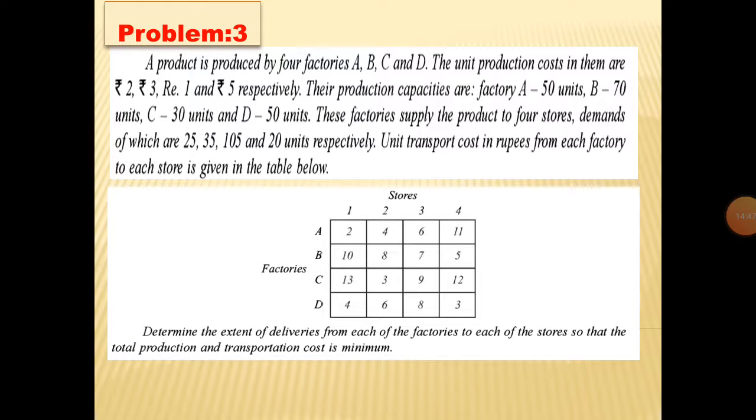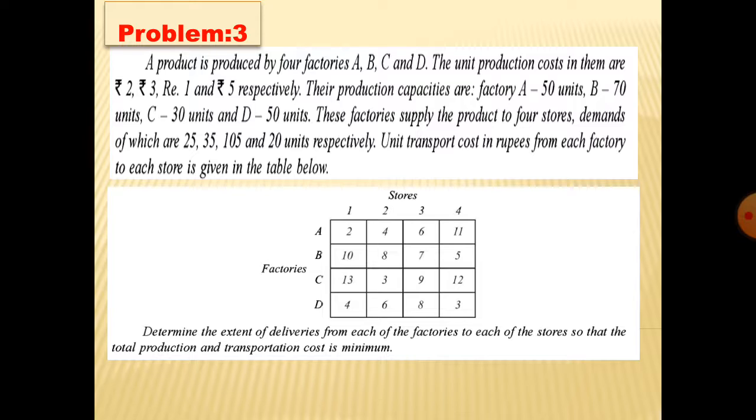Next, probability. A product is produced in 4 factories A, B, C, D. The unit production costs in them are rupees 2, 3, 1, 5 respectively. The production capacities are